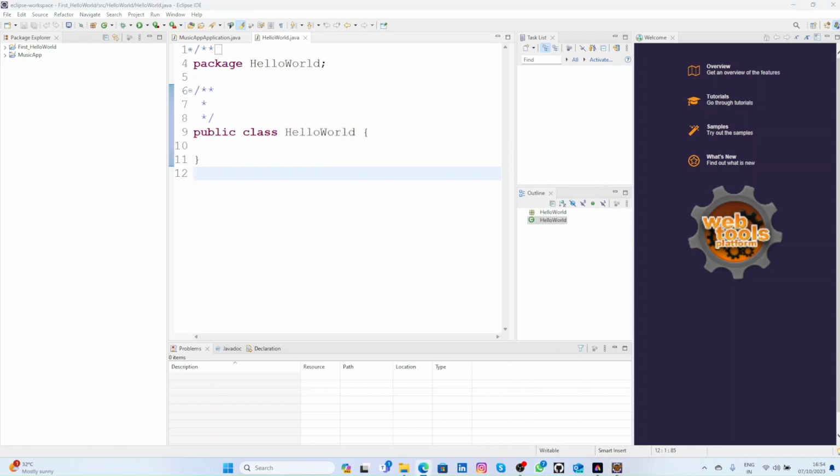So the very first program in the Java programming language is the Hello World program. Whenever anybody learns or teaches Java, or any kind of programming language, the first thing is to print Hello World. That means we are getting into programming. That has been a tradition. Before going into Eclipse,